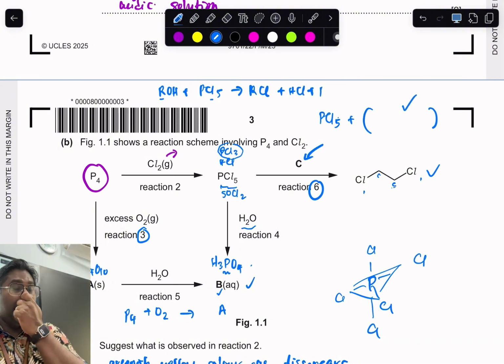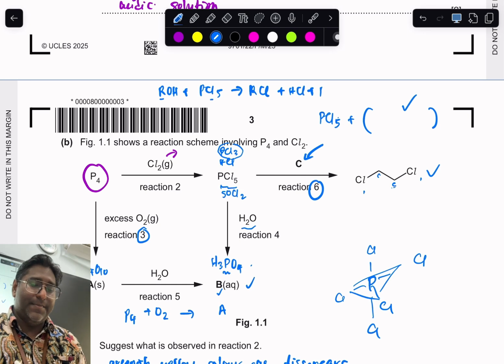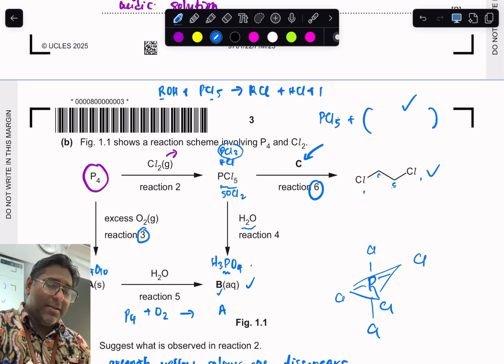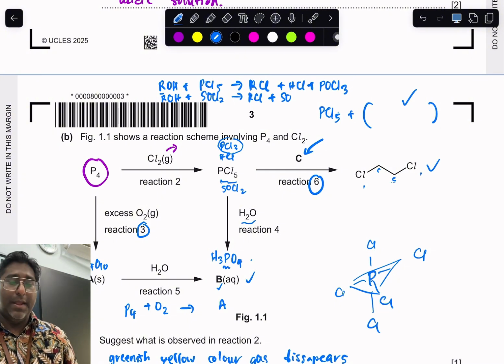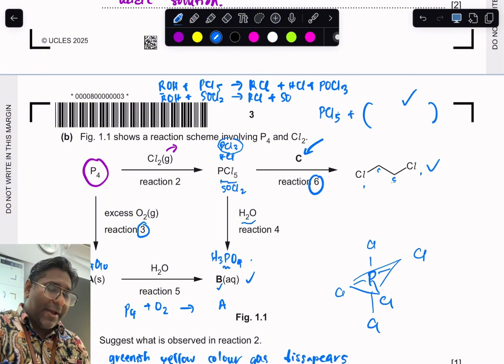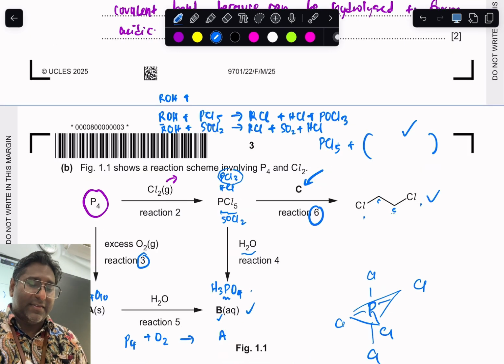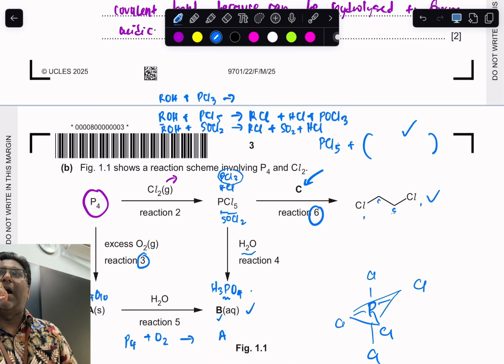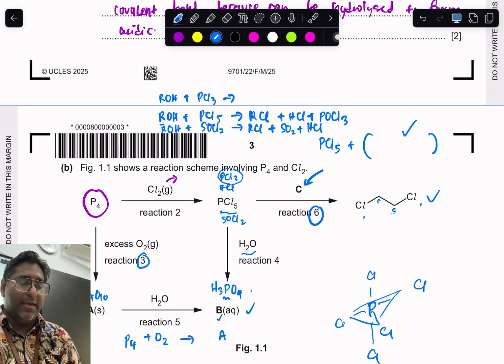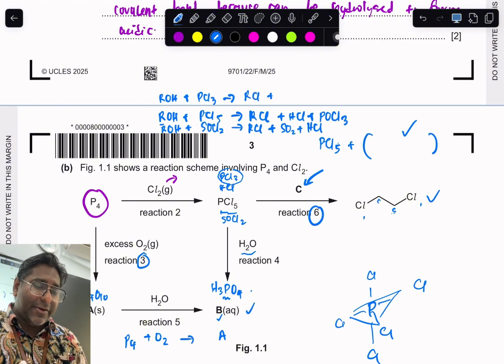Now, if you have ROH plus SOCl2, you will get two types of gas. You will get RCl plus SO2 plus HCl. Then you balance it up. Now, you can also have ROH plus PCl3. You will get two products. One is RCl, another one is